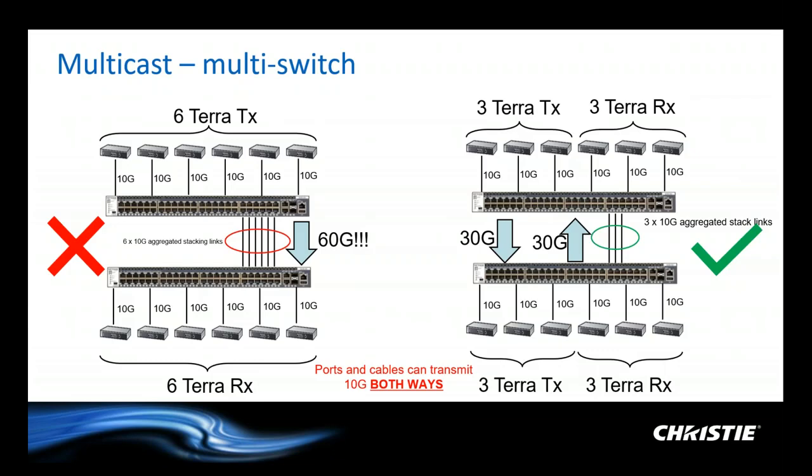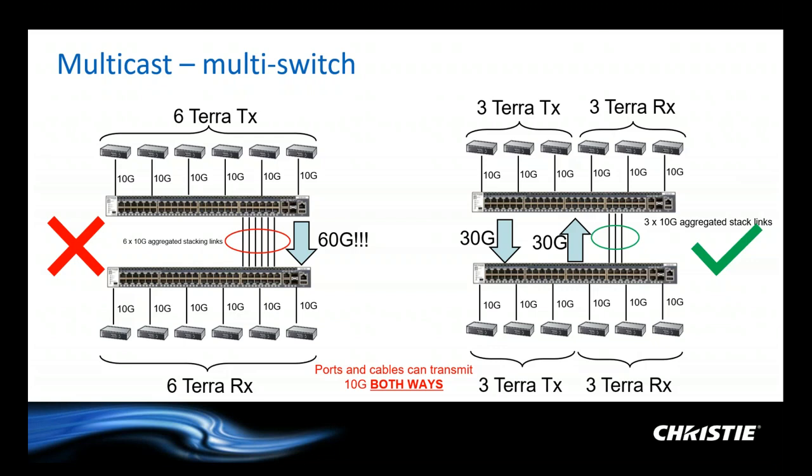So the SFP plus connectors and the fibers are LC-LC, okay? So you've got full duplex cabling, fiber cables, between the switches. For each cable, you've got 10 gigabytes going one way and 10 gigabytes going the other way, okay, for each connector and each cable. So when you balance the TX and the RX between the two switches, as I've done on the right-hand side, the bandwidth that's required between the switches falls from 60 gigabytes to 30 gigabytes,